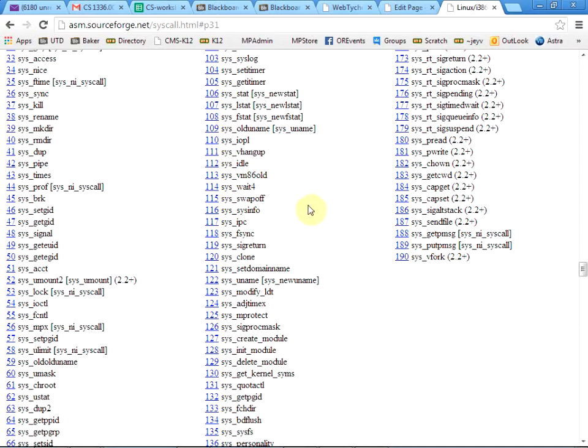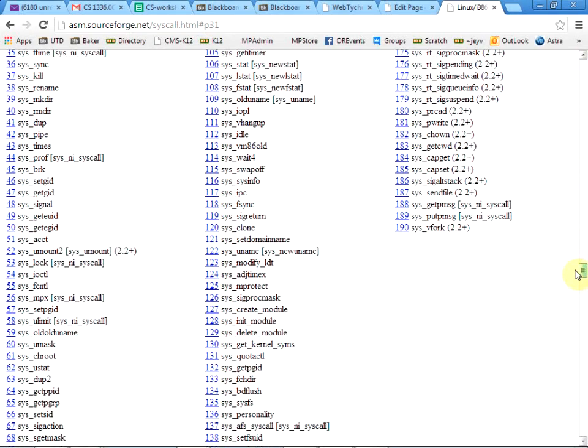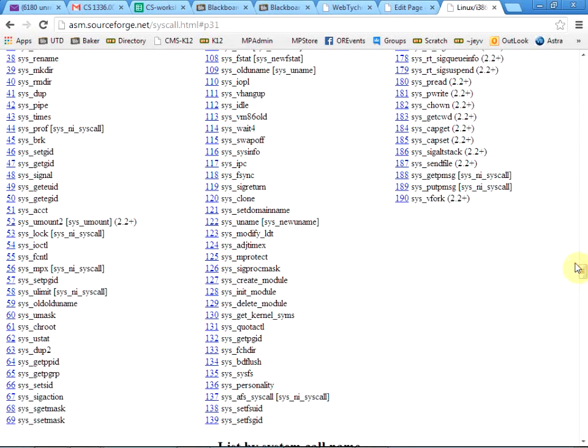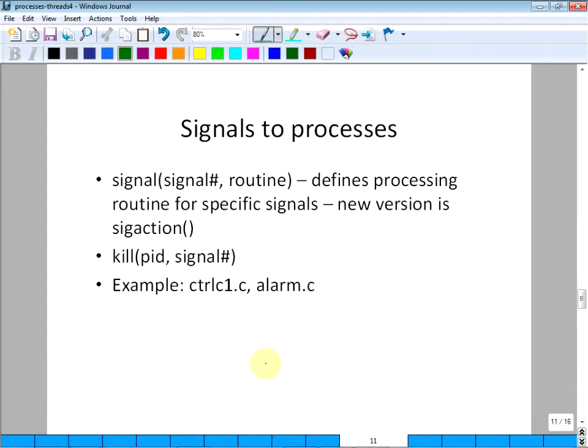But remember, this is around 200, but the popular ones are only 20 or 25. So these are what, the Linux ones? It is Linux, okay. So this comes as part of the Linux operating system, really. It's not a C standard library. The C standard library sits on top of this. Okay, so let's get back to our business.